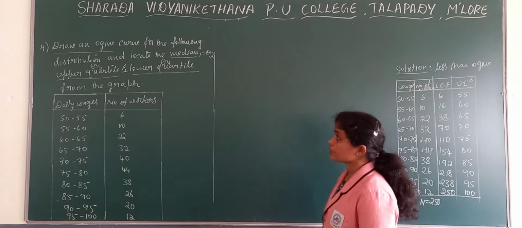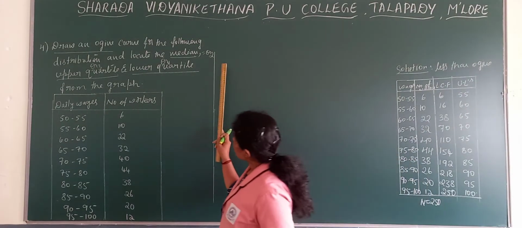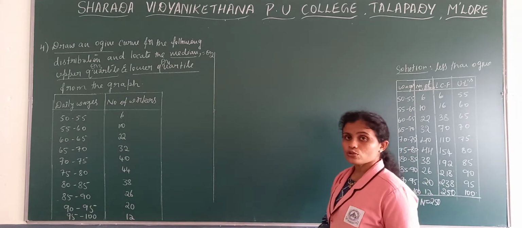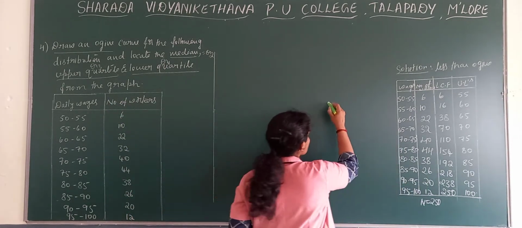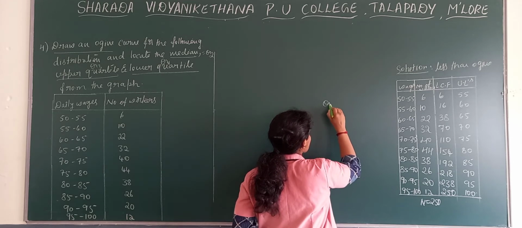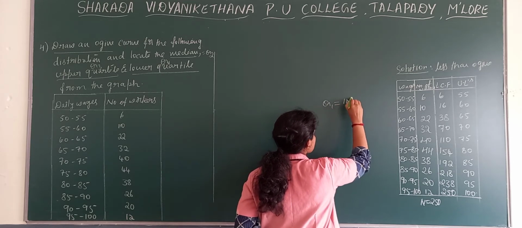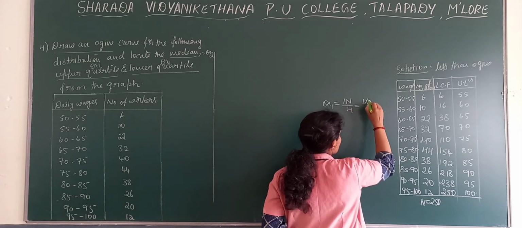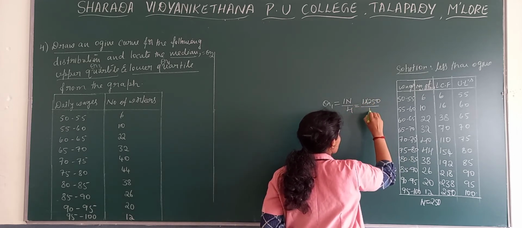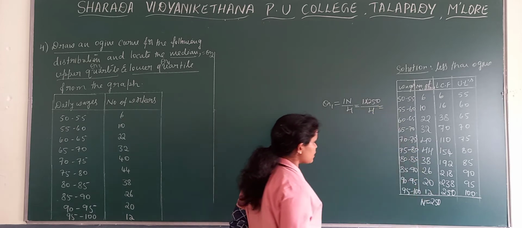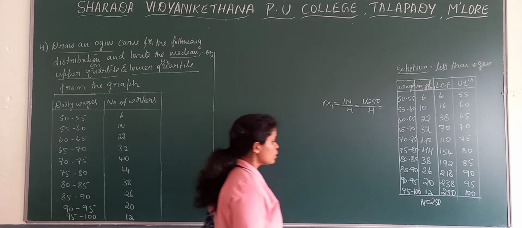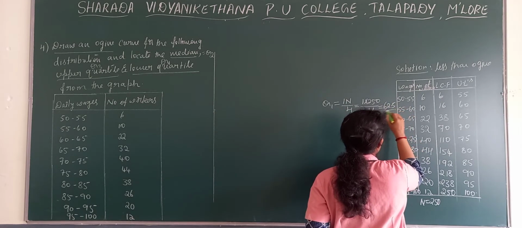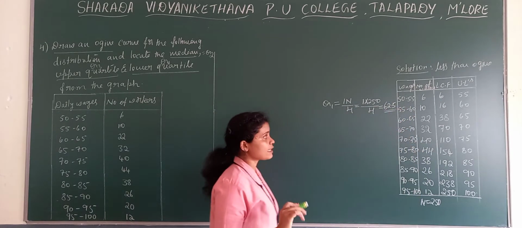Now, further questions are there. Better now itself we will calculate the values of Q1, Q2 and Q3. Median is Q2. Now, Q1 is equal to 1n by 4. 1 into 250 by 4. What do we get there? 250 by 4, we get 62.5. We can approximately take it as 63.